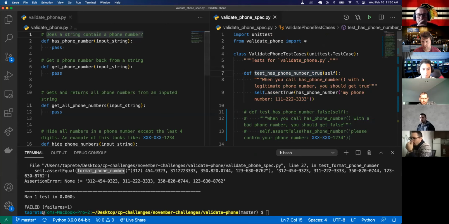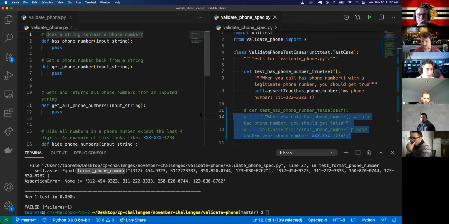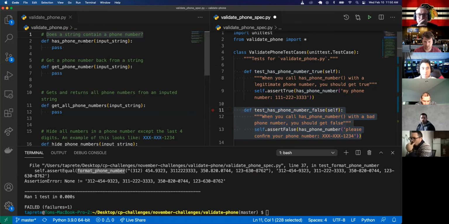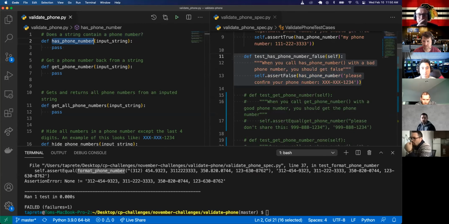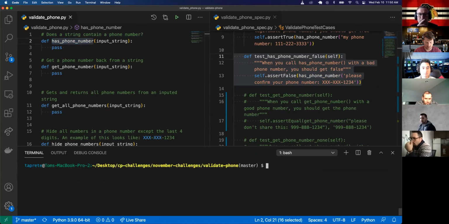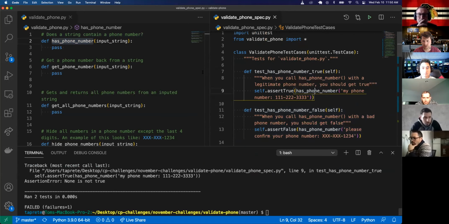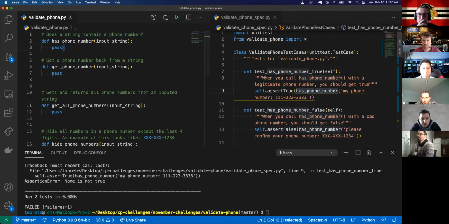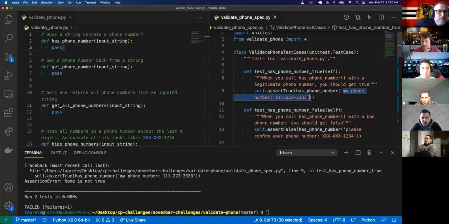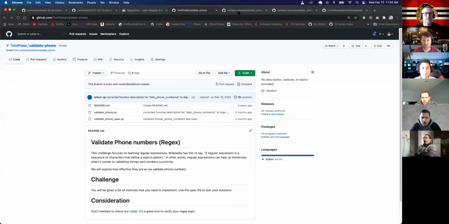So it actually looks like this test case also tests this very first has phone number method. Get phone number. So yeah, I'm going to clear down here. So 2 tests ran, 2 tests fail. So for this test, I need to determine, does the string contain a phone number? So let's look at how to incorporate